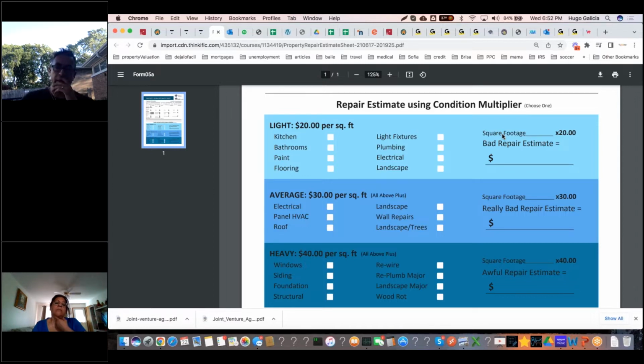So a gut rehab is a project that is going to go over 75,000. So it's going to go anywhere over that. Again, it's too risky. The money is not in the rehab. The money is in the investing in and out cosmetic or medium rehabs. That's where you need to focus on. So it's best to spend more time finding better quality deals than taking on gut rehabs, where you need